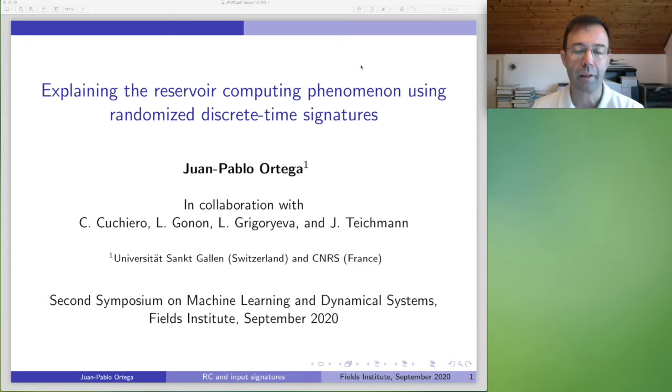One would be more traditional, in the sense that you just use stochastic analysis to prove that that is so, and you formulate PAC bounds and things like that. We have papers in that direction. But another way to go about it is through the combined use of two ideas. The first one is this strong universality that I will introduce, and the second one is random projections. So the combination of these two ideas gives what, in my opinion, is a very beautiful explanation of the reservoir computing phenomenon, at least in the polynomial setup. And this is what I want to show you today.